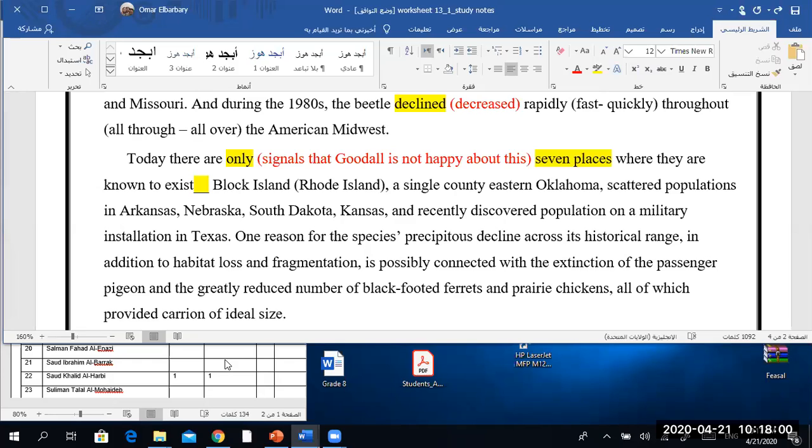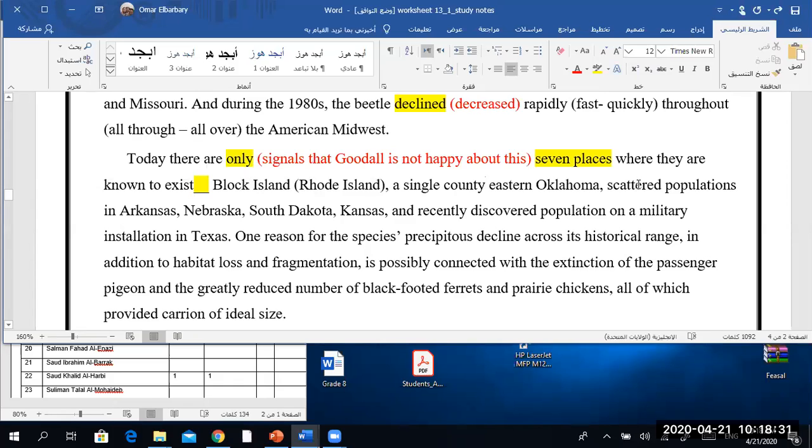Very good. So, Abdullah, can you tell us about the 7 places here? Block Island, very good. Rhode Island. Yeah. Rhode Island, very good. A single county, Eastern Oklahoma. Very good. County is like محافظة, مقاطعة, something like that. A province. Yes, something like a province. Yeah. All right. Scattered population in